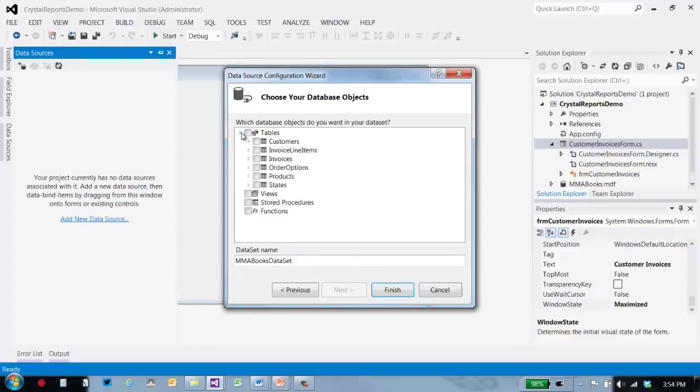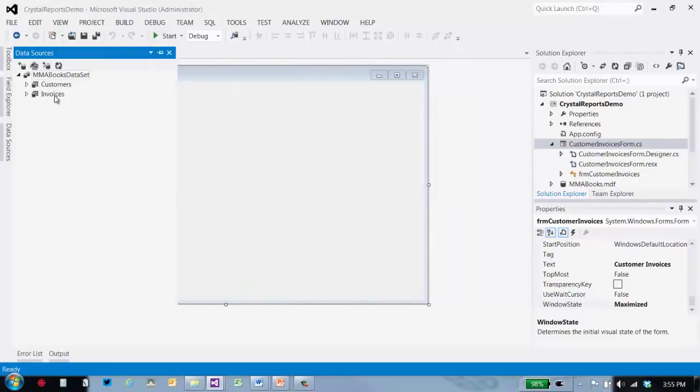Okay, so I'm going to expand tables, and I know I could probably pick through these. And when you look at the assignment, you might want to pick just the fields you're going to need. But I'm just going to select customers and invoices and take all the fields, and I'm good to go. I'm going to finish this. There, I've got my data set,